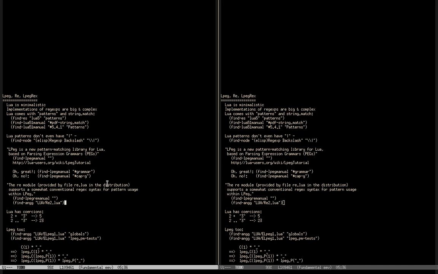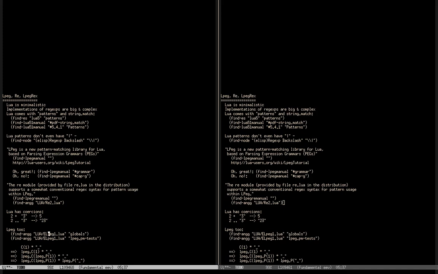So let me go back. Let me explain a bit about LPeg. Lua has coercions. The plus expects to receive two numbers. If one of its arguments or both of them are strings, it converts the strings to numbers. So in this case here, 2 plus string 3 returns the number 5, and this is the concatenation operator. It expects to receive strings. So in this case it will convert the number 2 to the string 2, and the concatenation of these two things will be 23. Oops, sorry, "23" as a string.